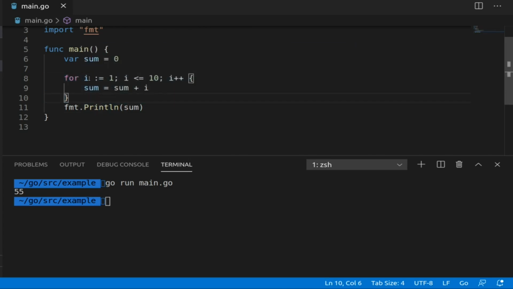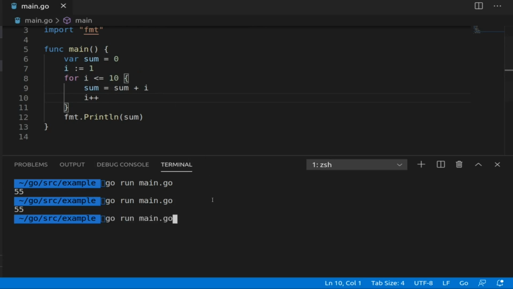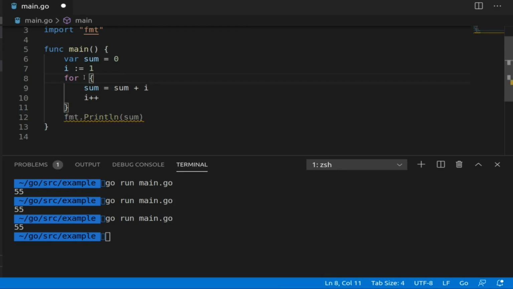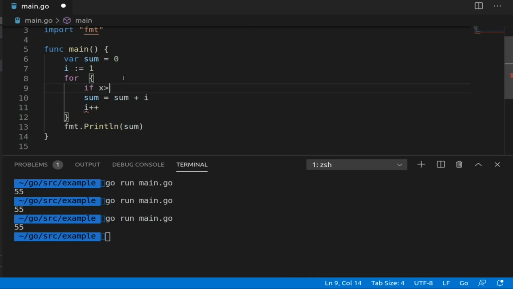Here is the syntax of the for loop. First is the declaration part, second is the condition part, and third is the increment part. We can take the declaration out of the loop, and this also works the same way. We can also take the increment part and write it inside the for loop, and this will become a while loop, and this will work the same way. We can also take out the condition part, but this will become a forever loop, and this loop needs a condition, so we are writing it here and breaking the for loop. This will work the same way.